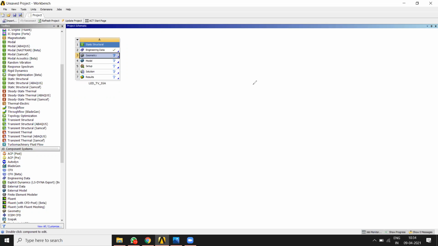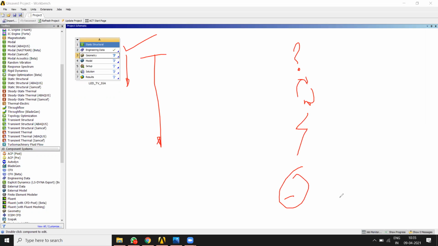One thing you should note: Workbench is very easy to handle, easy to operate. Just remember to follow the top to bottom approach. Start from the top, go towards the bottom, and resolve all the queries. The queries will be represented by question marks. Sometimes they will be represented as a refresh button or lightning symbol or some other symbols.